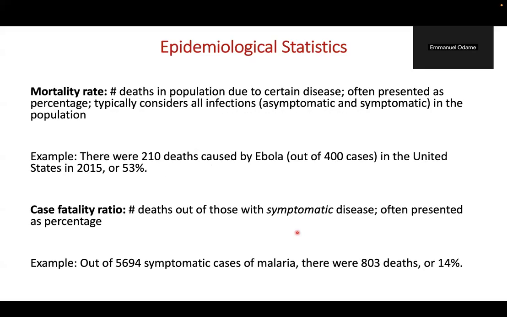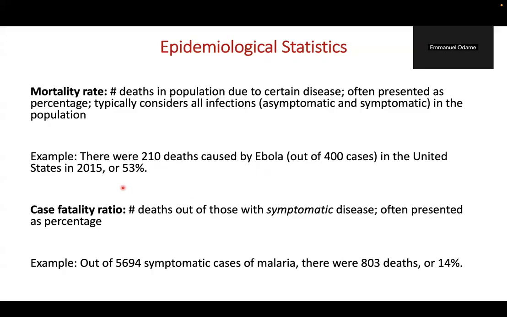The next one is mortality rate, basically the number of deaths in a population due to a certain disease, and you often represent this as a percentage. So you can report it as there were 210 deaths caused by Ebola out of 400 cases in the United States in 2015, and then you can represent this as